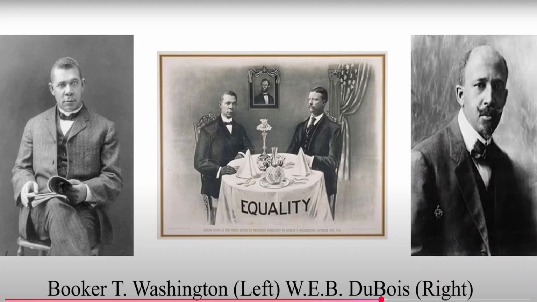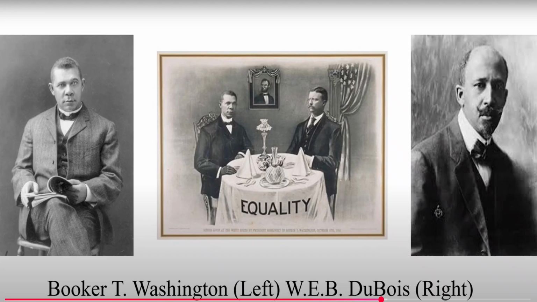They would do more to make sure that African Americans had due process when they were put on trial, and that there would be more funding for African American academic institutions like Tuskegee, for example. So that was seen as being a bad compromise by many, especially Du Bois,